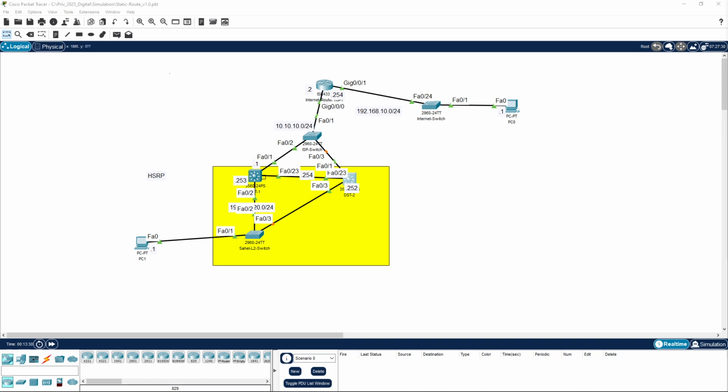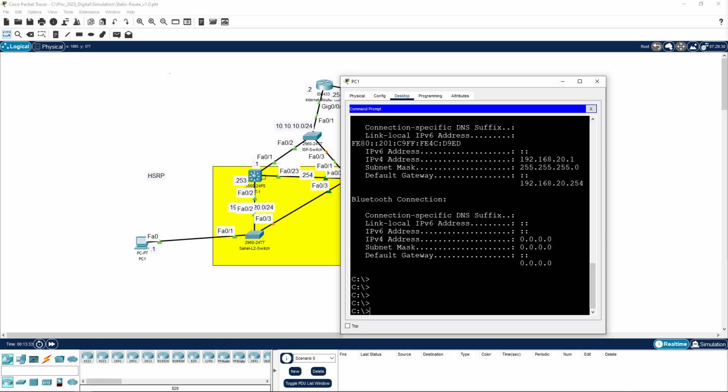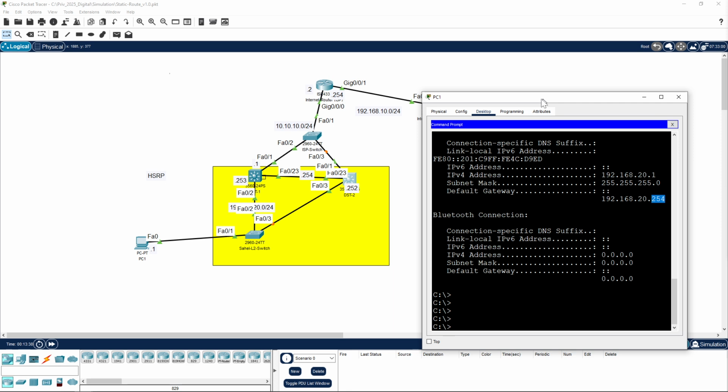PC1 has its gateway as the 254, the fourth octet. Normally, you would expect the gateway to be held either by DST1, this switch right here, or DST2, either or. But in this scenario, for HSRP, the gateway will be held by both switches together, but active only one at a time, meaning